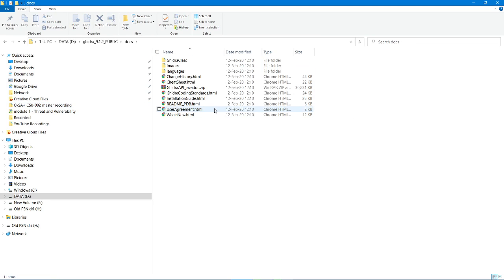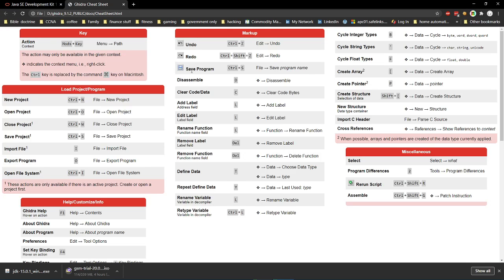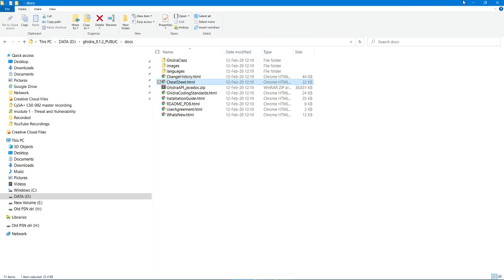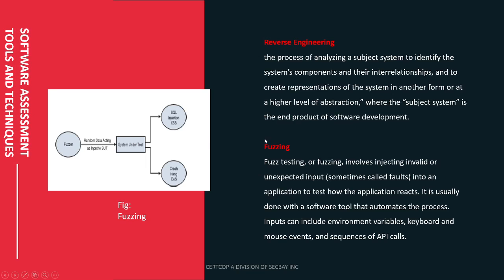It's all self-contained. You don't really have to reinvent the wheel. It even has a handy little cheat sheet. Go ahead and run the Java developer kit. So that's our reverse engineering tool. There are several others, and reverse engineering could be its own course. Then we have